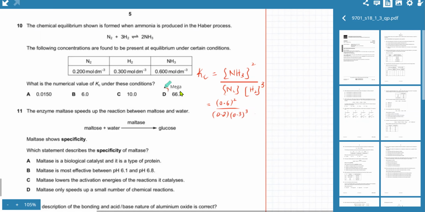Okay. And again, I'm insisting that you be very careful with your calculators. Use brackets very intelligently. Calculators get confused a lot in multiplication and division. So if you're using a calculator, make sure you clearly tell the calculator that this thing is being divided by this thing by putting brackets.